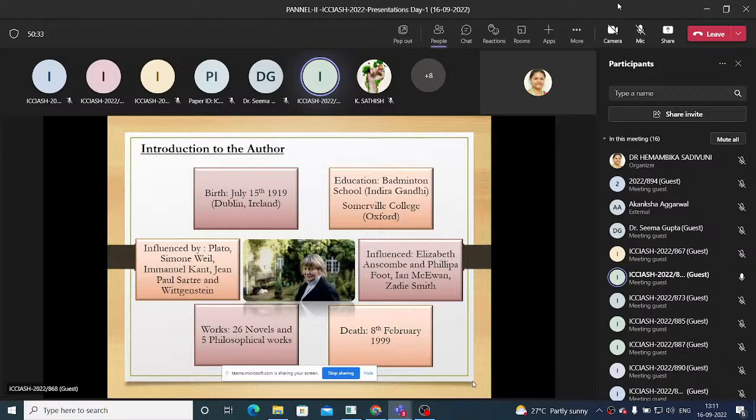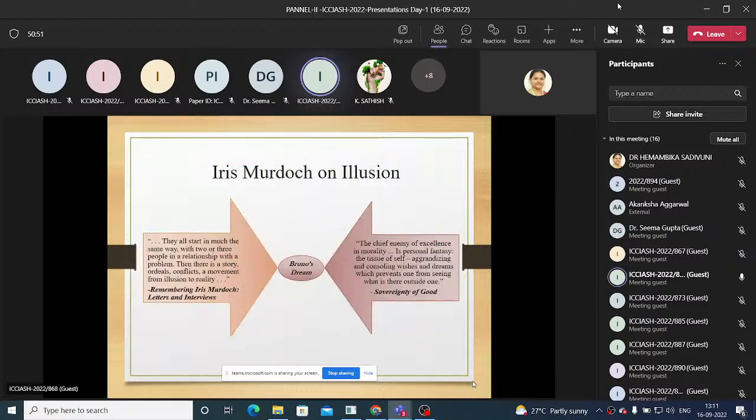And she later influenced many philosophers and writers like Anscombe, Philippa Foot, Ian McEwan, and J.D. Smith. Throughout her career, she wrote 26 novels and 5 philosophical works, and she died of Alzheimer's on 8th February 1999. My reading is an Indian reading of Iris Murdoch because she was very much influenced by